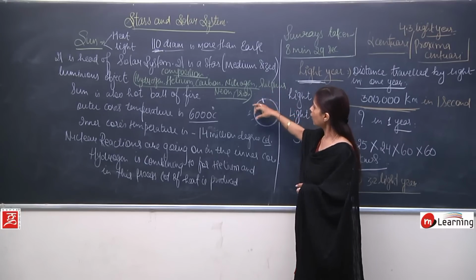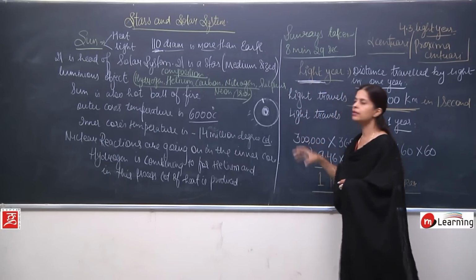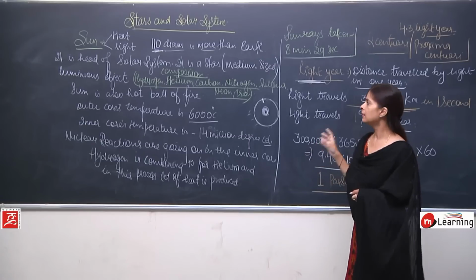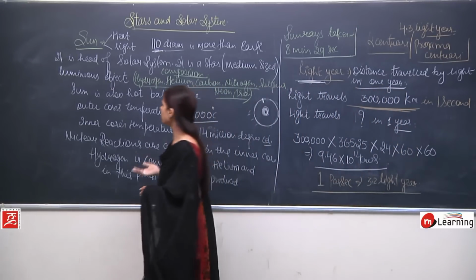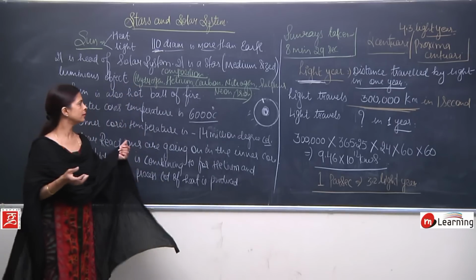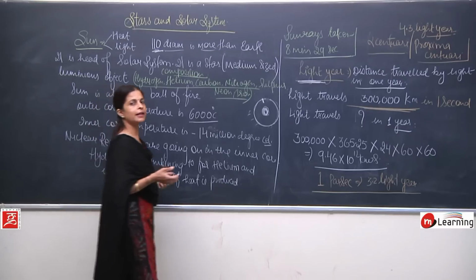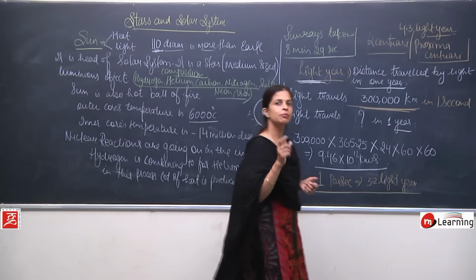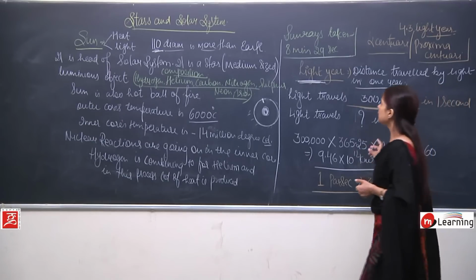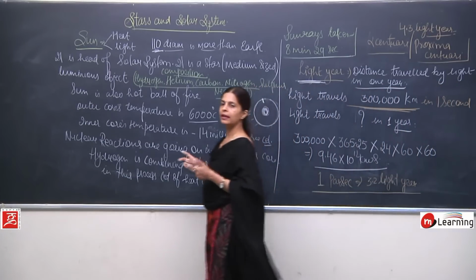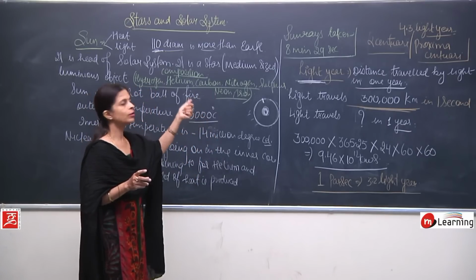Now the composition: hydrogen, helium, carbon, nitrogen, sulfur, iron, neon, all this forms the sun. The sun is a luminous object, that means it emits its own light, and this is all which I have written over here. It gives us heat and light, and its diameter is 110 times that of the earth. Now the sun rays take only 8 minutes and 29 seconds to reach the surface of the earth.